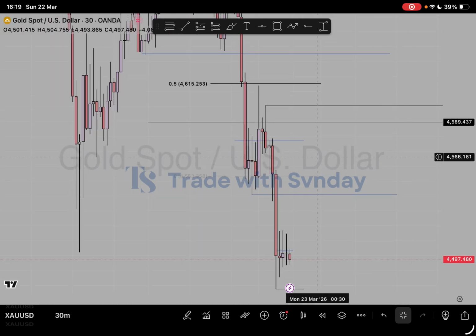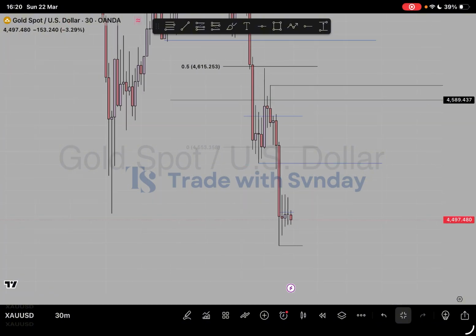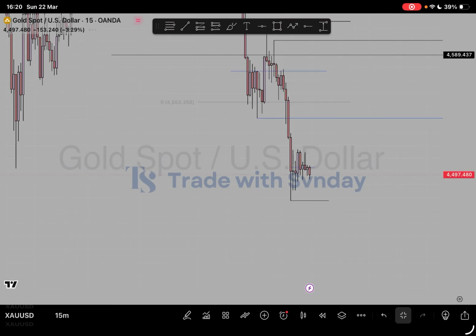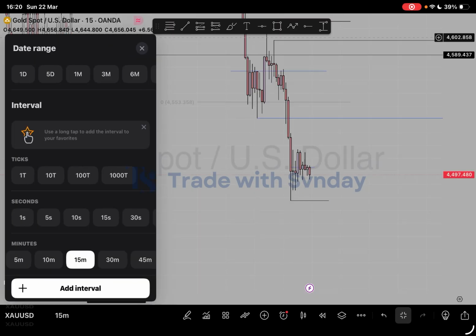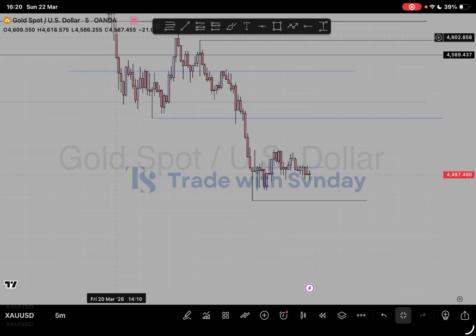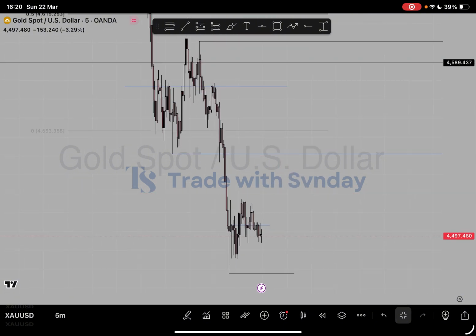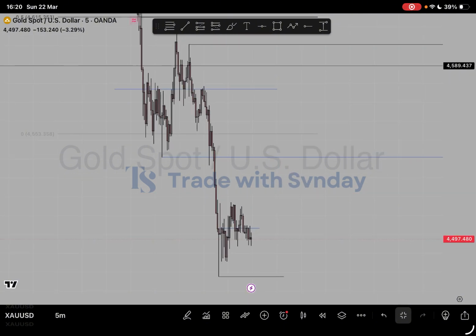we tend to see similar stuff happen there again. A full body close above this level, we saw a reaction from that point, but the next thing we saw was a full body close below that low. So most likely sell orders are really loaded at this particular level, so we should tend to see some kind of retracement. But also, if we go down to 15 minutes and then 5 minutes, what I'm expecting or looking for is that we can get some